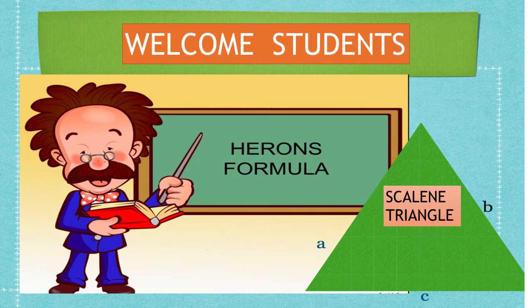What do I mean by unequal? Like one side of the triangle is 3 centimeter, one side is 8 centimeter, one side is 9 centimeter. So like this, all the three sides are having different measurements. This kind of a triangle is called scalene triangle. These measurements are the length of the edges of the triangle. This 3, 8 and 9 were the length of the edges of the triangle.